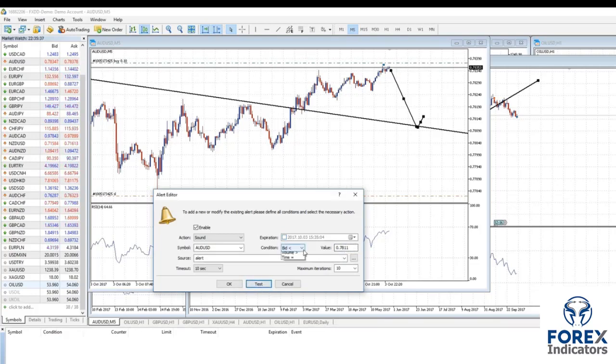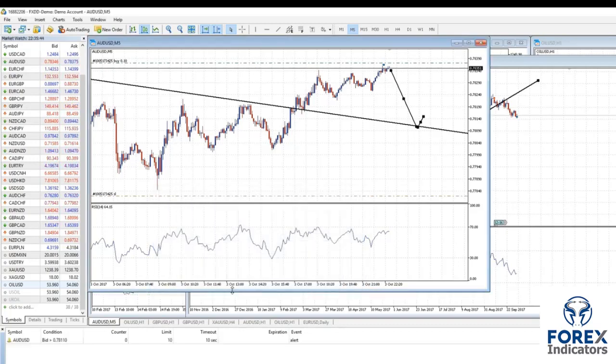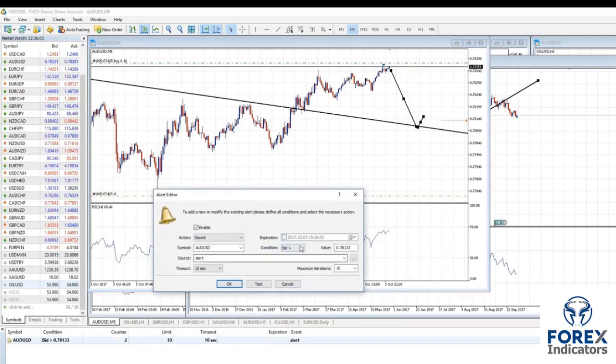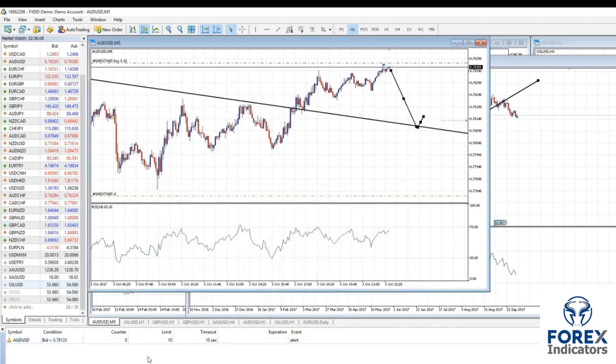Now if the bid is greater than 0.78, we will also be alerted. So I'm just going to go ahead and hit OK, so you guys can hear the noise. There it went, because you see the price is greater than 0.7811. You can actually click and drag on the price alert on the screen there. I'm just going to modify this for a second and put that so if it's less than, and I'll hit OK,